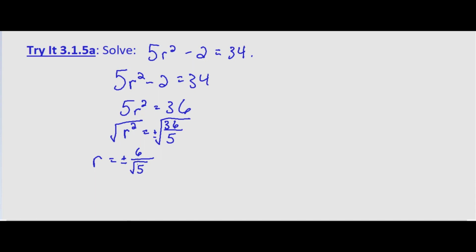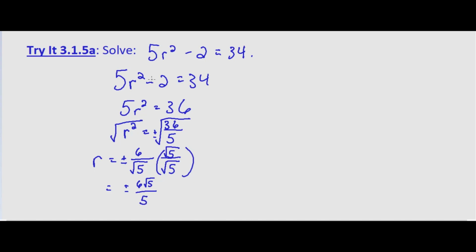So how do we rationalize that? Well, let's multiply by what gets rid of the square root of 5. Since it's a square root, the index is 2, we only need to multiply it by one other square root of 5. So rationalizing the denominator, we end up with plus or minus 6 times the square root of 5 over square root of 5 times the square root of 5 is just